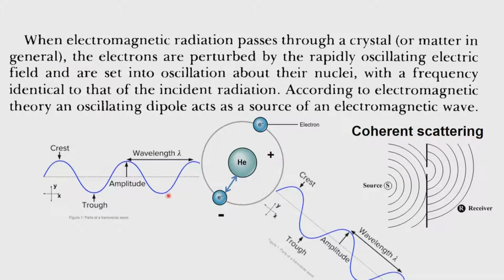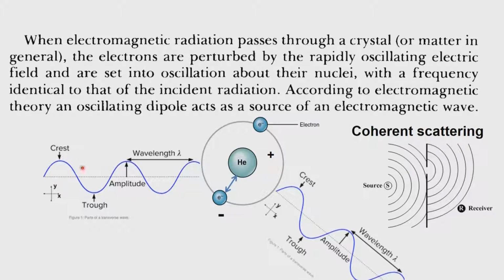The wave, as we know, can be characterized in terms of its amplitude, and the angle at which it starts is referred to as the phase angle. The wavelength associated with the wave is given by lambda, and that is the distance from the crest to the next crest. It is also equal to the distance from trough to trough.